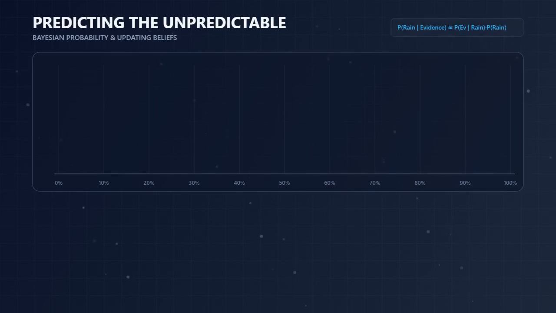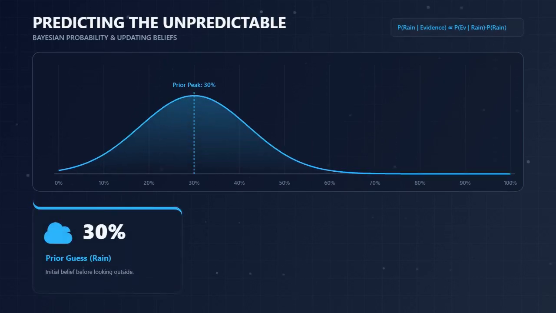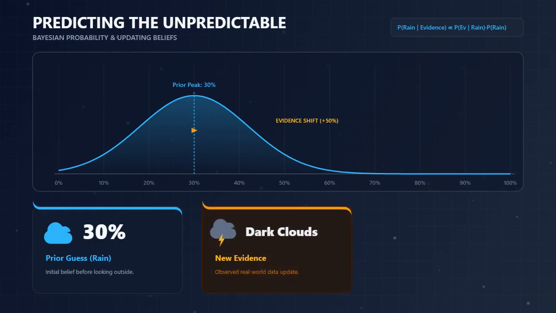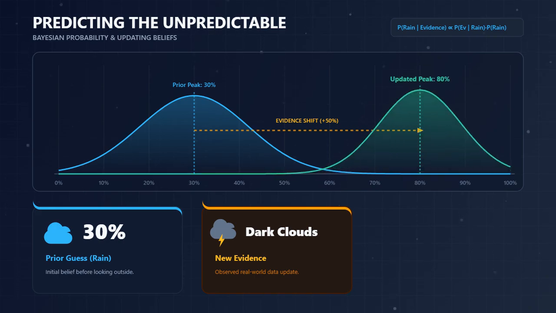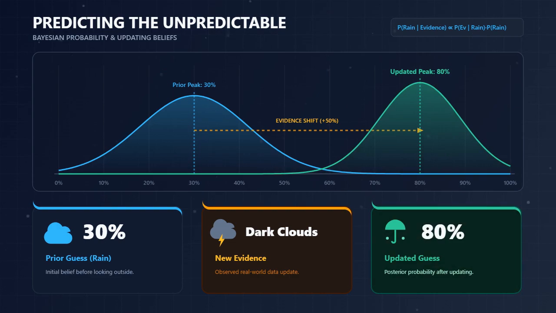Welcome to this comprehensive guide on the naive Bayes algorithm, one of the most elegant, fast, and surprisingly effective classification algorithms in machine learning. Whether you are building a spam filter, analyzing sentiment in movie reviews, or classifying medical documents, naive Bayes is often your best first line of defense. Today, we will demystify how this algorithm works from the ground up.